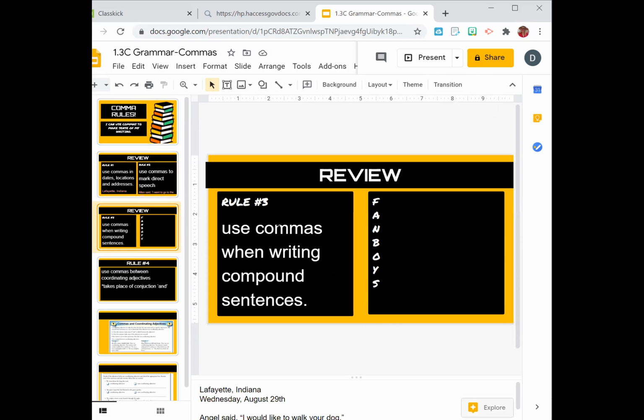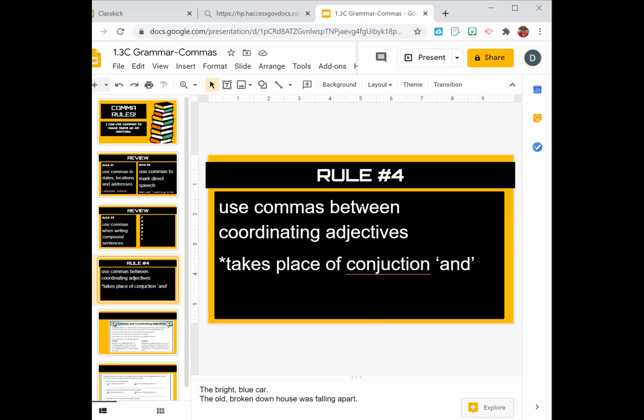We also use commas in compound sentences when we have a conjunction: for, and, nor, but, or, yet, or so. And finally, we use the comma between